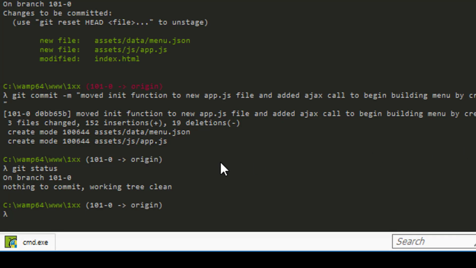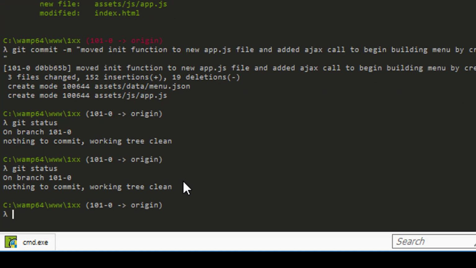All right, so we did our commits. We're on our branch 101-0, and what we're going to do now is merge our branch into master. First thing we want to do is a git status, to make sure nothing has changed, which it has not. We can see that we're in our